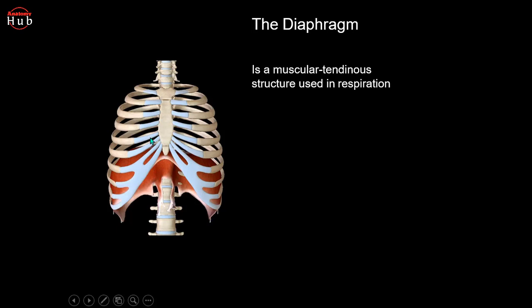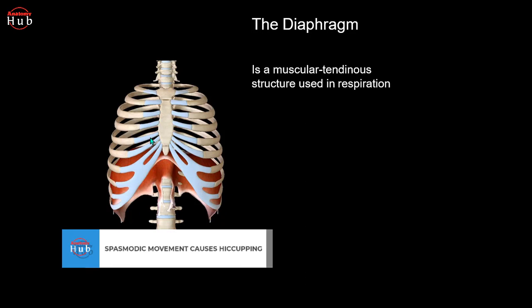Small holes in the membranous portion of the diaphragm sometimes allow the abnormal accumulation of fluid or air to move from the abdominal cavity, where the pressure is positive during inspiration, into the pleural space of the chest, where the pressure is negative during inspiration. Spasmodic inspiratory movement of the diaphragm produces the characteristic sound known as hiccuping. So these are some clinical things and the function of the diaphragm that